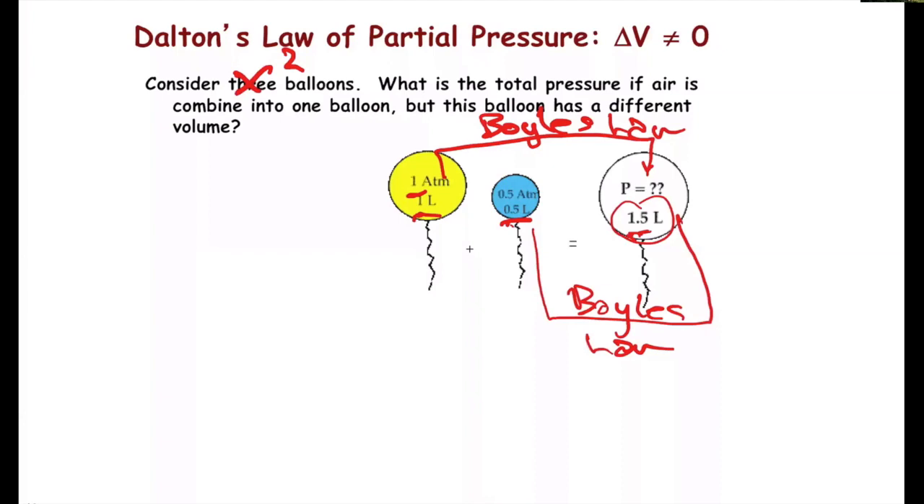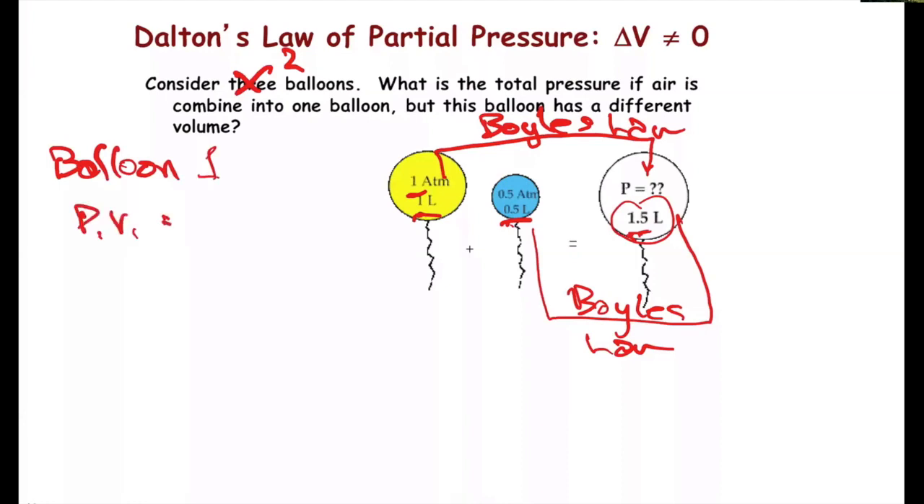Remember what happens when we make a volume smaller? That means that the gas has less room to run around. It means it's going to collide with the boundaries of the container more frequently. More collisions results in higher pressure. So first thing that we need to do is look at balloon 1. And we need to use